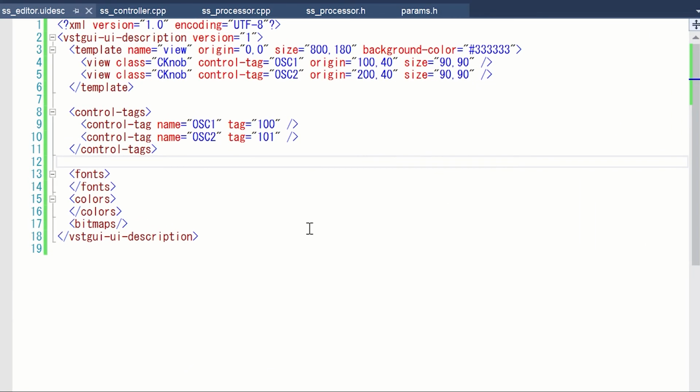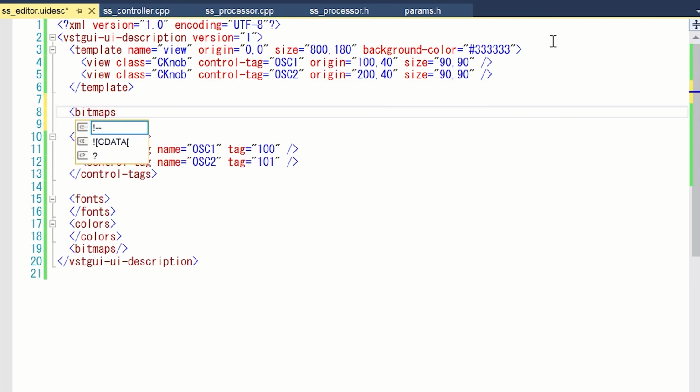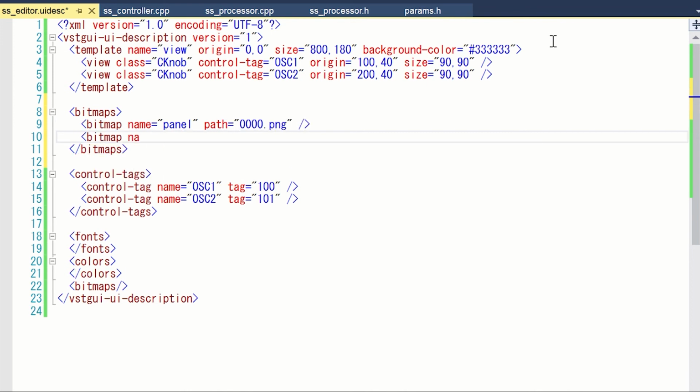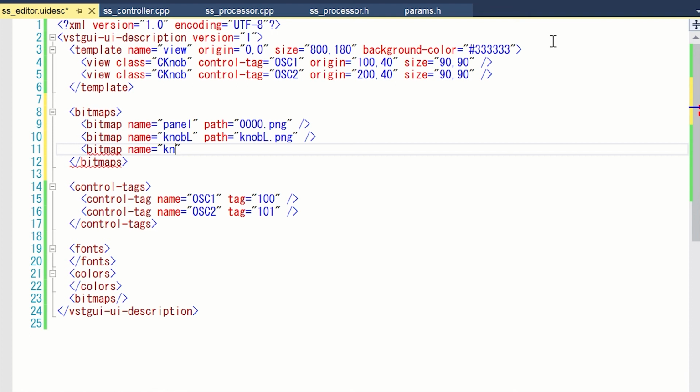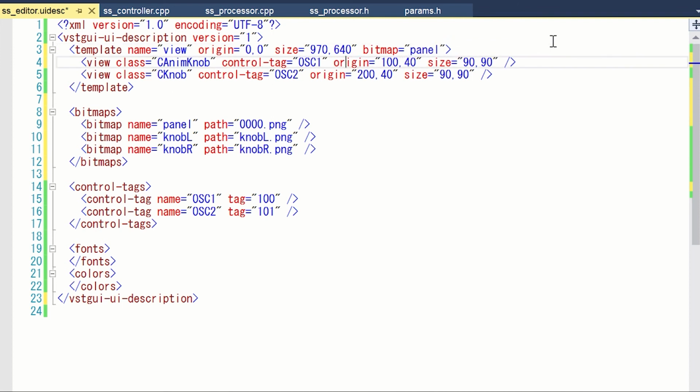Modify the UIDESC file to use images. Specify the image file by bitmap tag. Use CAnimKnob instead of CKnob.